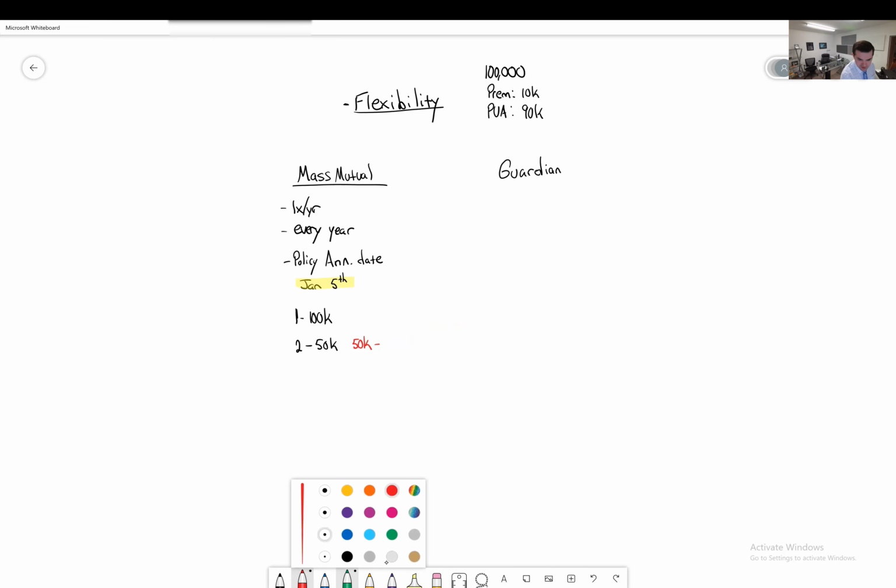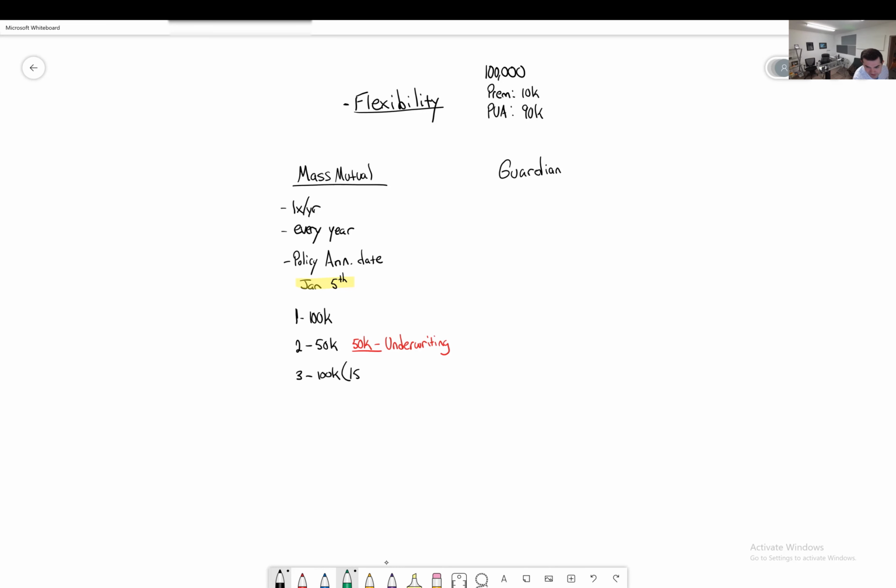But going back to this, if you want to add the additional 50 at random, hey, I've got the money now, can I throw it in? Mass Mutual may and often does require some type of medical underwriting before they accept the money, which is a pain. No one wants to do that. So what we have to do is wait until year 3. At that point, we could pay in 100K. You could even pay in 150 if you wanted to make up for lost time. But one time per year on the anniversary date is when we can actually make the payment adjustment